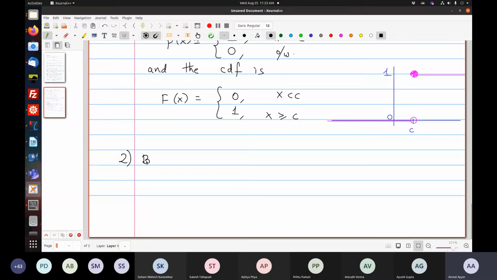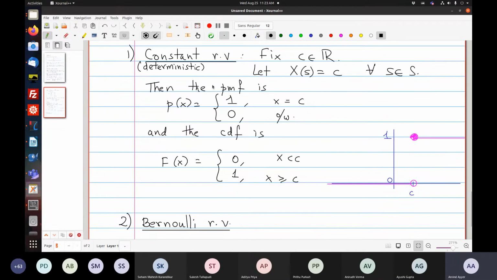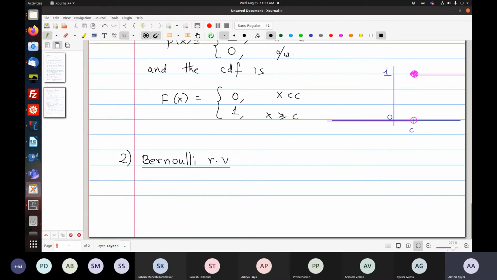Okay. So the next important example is what's called a Bernoulli random variable. I'm starting to use RV now for random variables. This was the first deterministic one, which lived on only one point C. So what's the next non-trivial case? Well, let's take 2 points. So for simplicity, let me take x so that x lives on 2 points, 0 and 1. And now, because it lives on 2 points, I have to say how the probability is distributed.